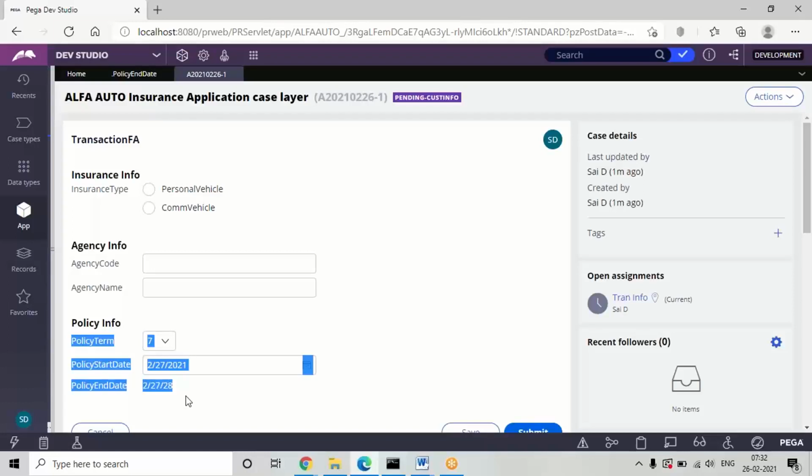So for any conditions or calculations on properties that you want to perform automatically, we declare the condition and automatically in the background it will perform this action. So that is the advantage.